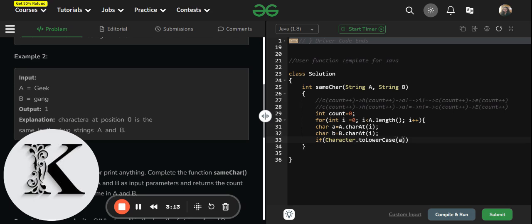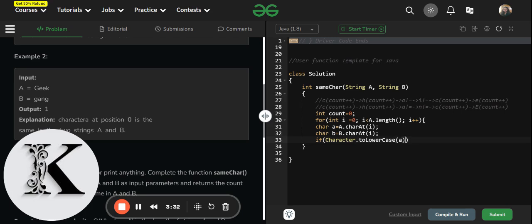We will be writing the condition that both will be converted into lowercase characters. In order to convert it into lowercase, we will be using Character.toLowerCase.